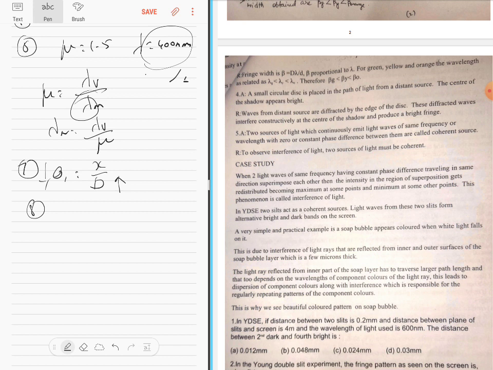The light ray reflected from the inner part of the soap layer has to traverse a larger path. Okay, this is due to interference. A very simple practical example: a soap bubble appears colored when the light falls on it. This is due to interference of light rays reflected from the inner and outer surface of the soap bubble layer,